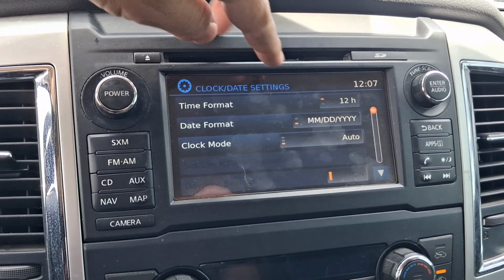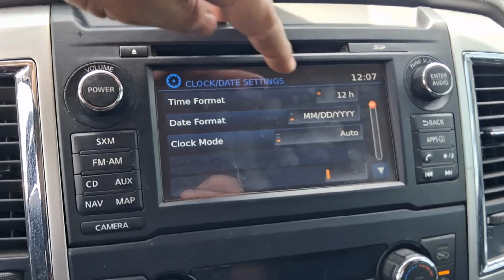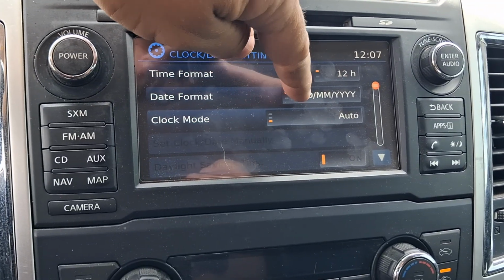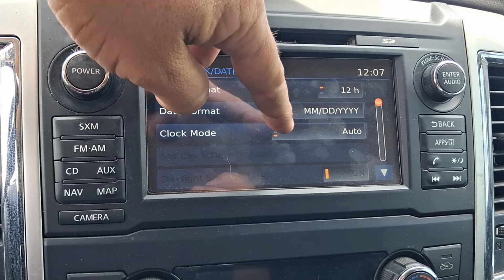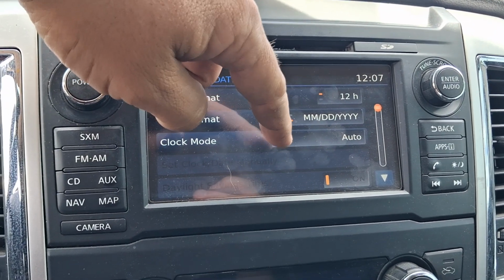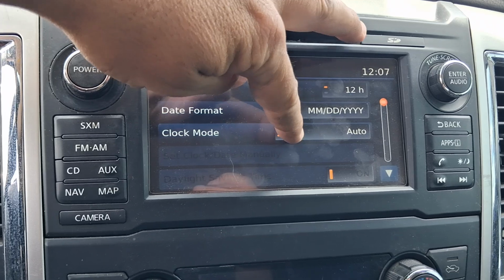And then in here we can change it to 24 hours or 12 hours. You can change how it's displayed, whether it's month, day, year, or day, month, year. And then auto is if you just want it to auto set based off of like your GPS, or you